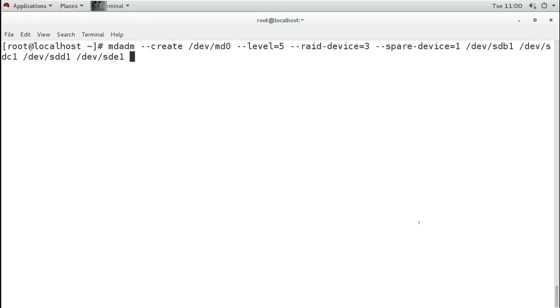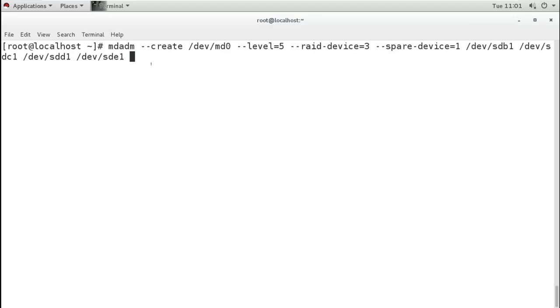Now remember, I mentioned 3 for the RAID and 1 for spare. So the first 3 names, sdb, sdc and sdd, will be used as active disks, and the last one which I mentioned here, sde, will go as a spare. So whatever disk you want to use as a spare, put its name on the last line.